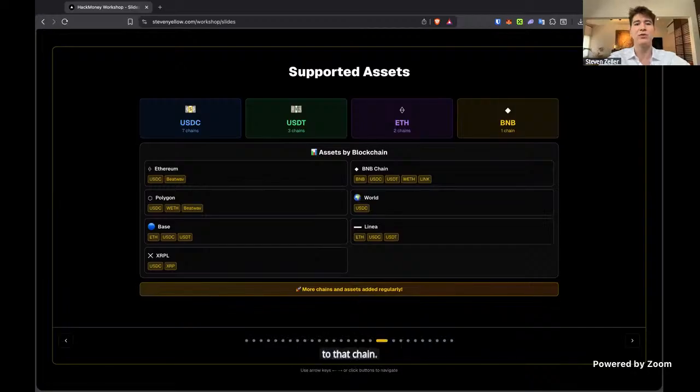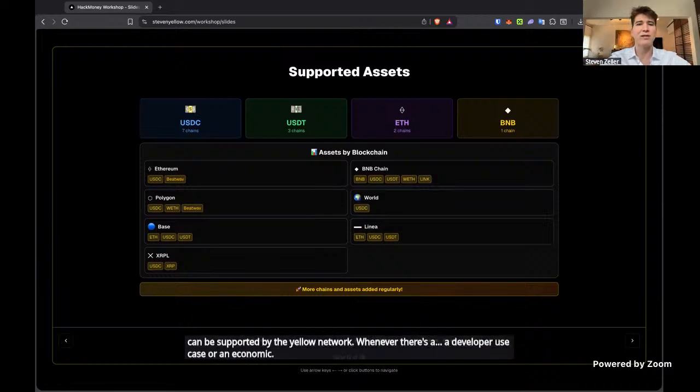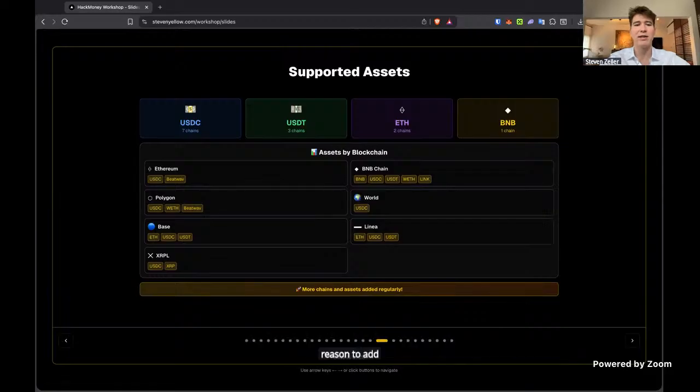And most chains with smart contract support can be supported by the Yellow network. Whenever there's a developer use case or an economic reason to add a chain, we can add that chain. So we support these 7 chains so far: Polygon, Base, Binance Chain, Ethereum, Linea, and some more.